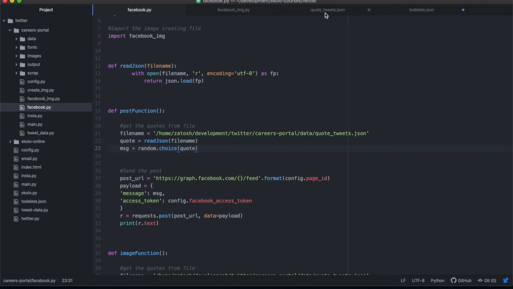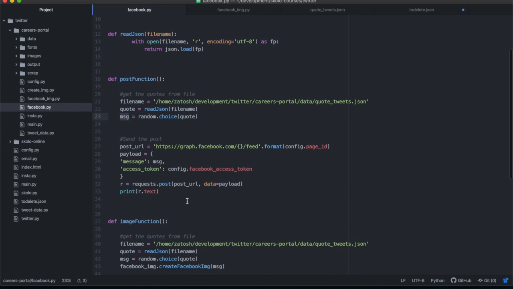So I'm going to choose weekly randomly. It's up to you. You can do it randomly, or you can go through it one by one and say we're going to start with the first one, then the second one, the third one. It's up to you how you want to do it, okay? So then I've got the MSG as a random choice of that. So once you've done that,